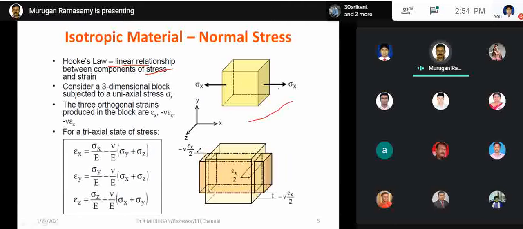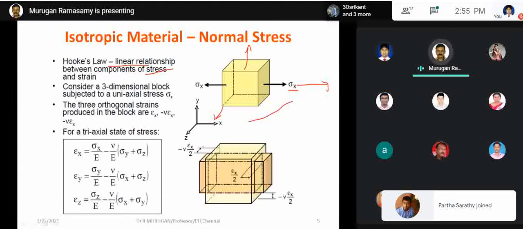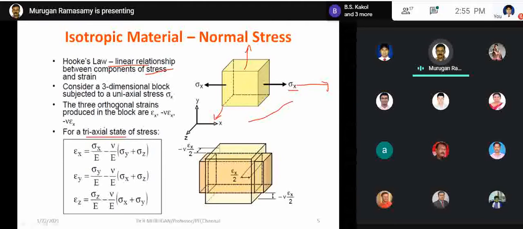For a three-dimensional stress element, you can consider your three axes, x-axis, y-axis and z-axis like this. For isotropic material, along x direction, y direction and z direction, we are assuming that the material behaves uniformly, right? Even then, when you measure the strain for this three-dimensional element, it is called a triaxial state of stress or three-dimensional state of stress. When you measure the strain in three dimensions, we have to consider the Poisson effect also. So what is the Poisson effect?